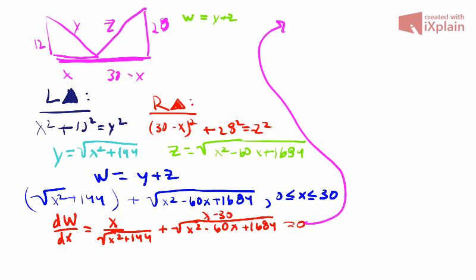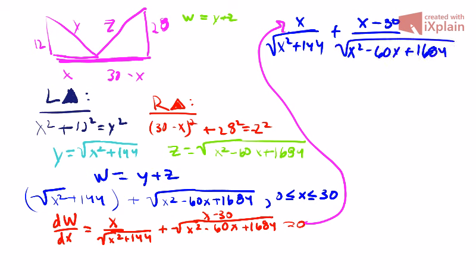We're going to do this. Ready? It's going to be long and fun. So x squared. Oh, no, not x squared because it's x before. Let me undo that. X over x squared. There we go. Plus 144 because we just had that. Plus x minus 30 all over x squared minus 60x